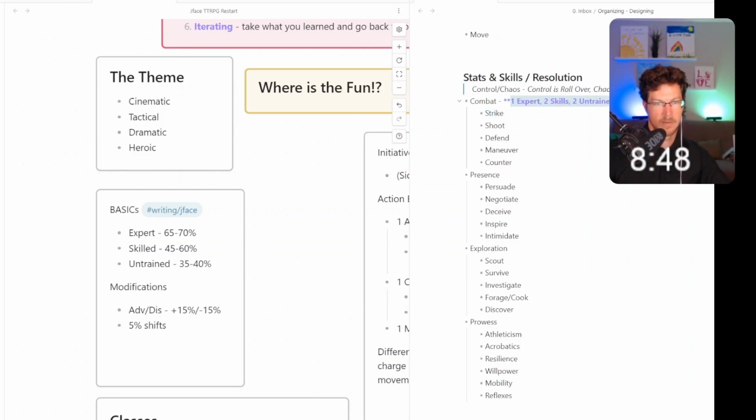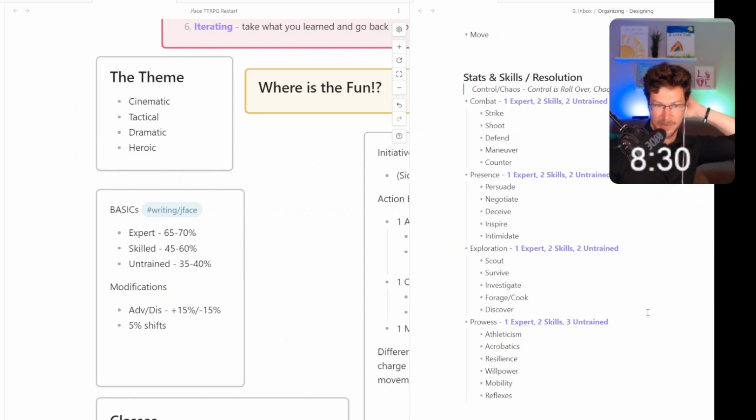This doesn't feel good from a character creation standpoint, but at least at this point in time, and there's 6 down here, so I'll have to put, let's just do 3 untrained. And we'll have to get rid of some of these things. Let's just say, let's do that for now. And we'll come back to it later to see how it feels and how we can make this more interesting, right?